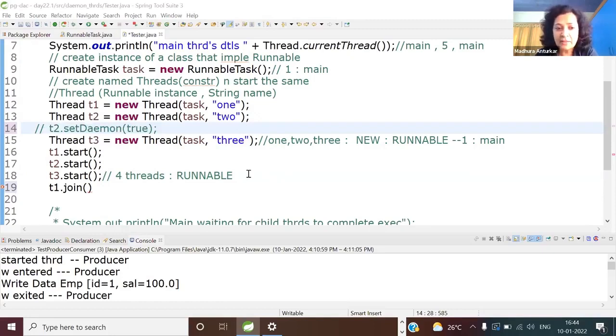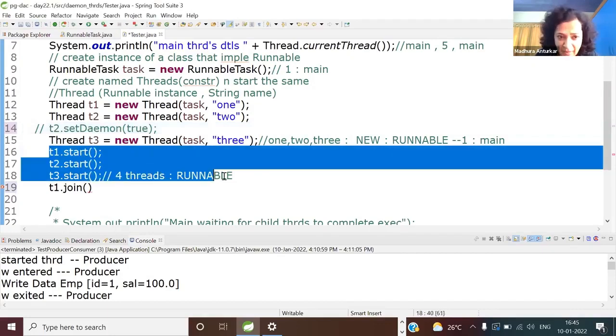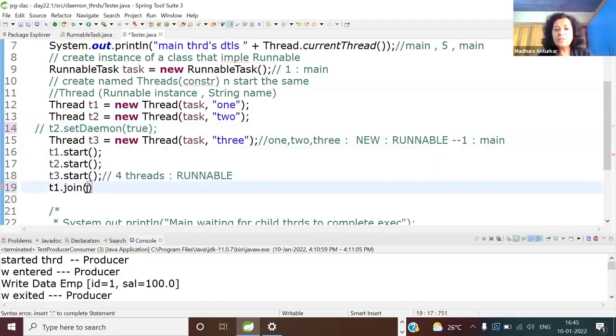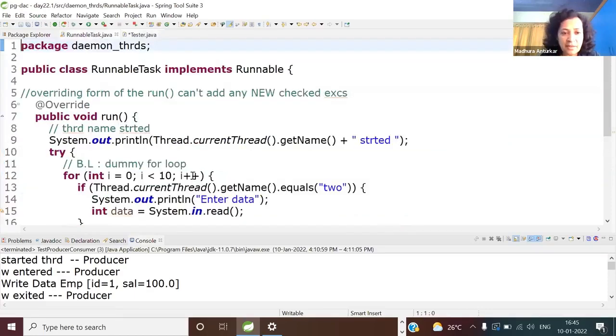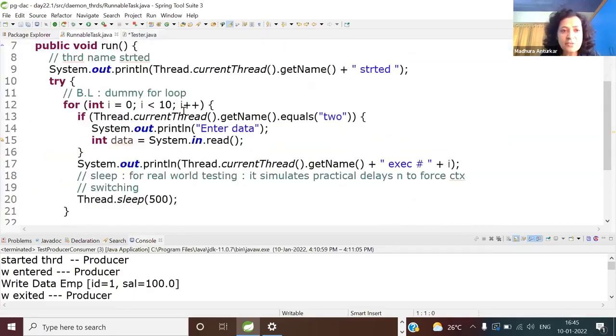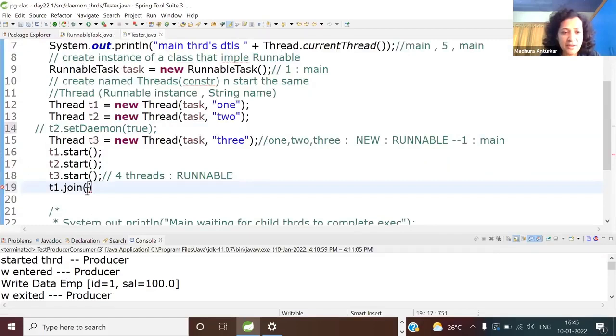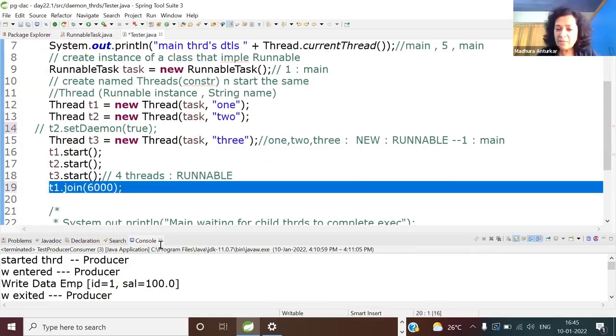Okay, now the next one. The next one is, see this, you have started, meaning the main thread has started all the threads. And now let us wait for something like how much it is going to take. Wait a second. The sleep is 5, so 5 seconds. Okay, so let's wait for 6 seconds. So who is going to wait for whom and for maximum what time? Which thread is going to wait for which thread's execution to be over?